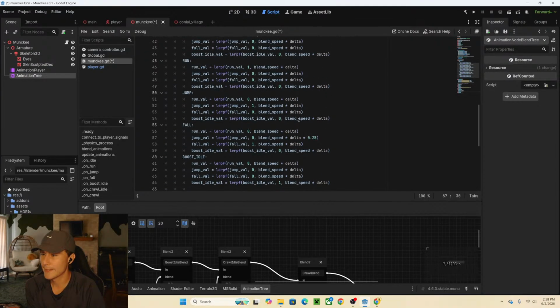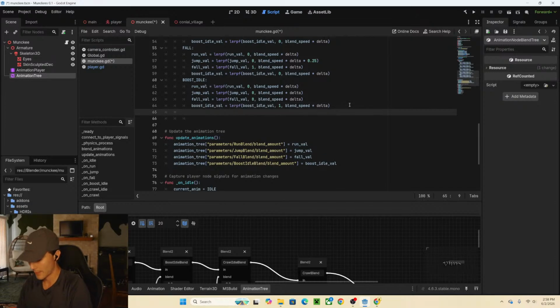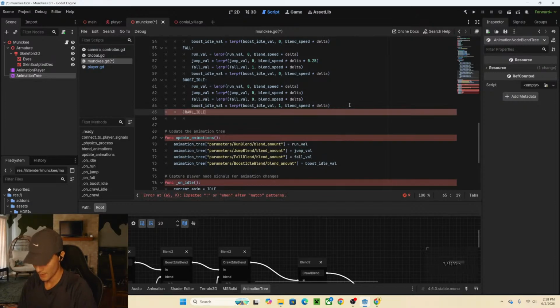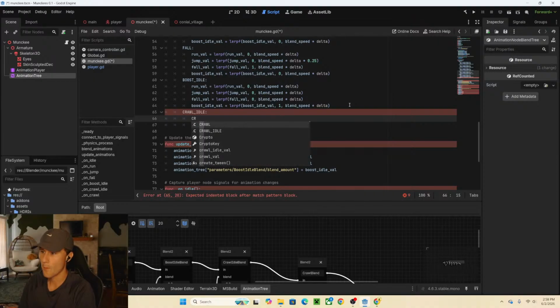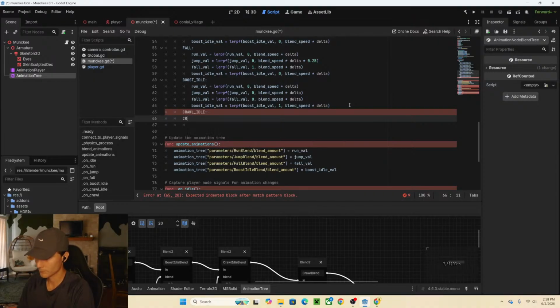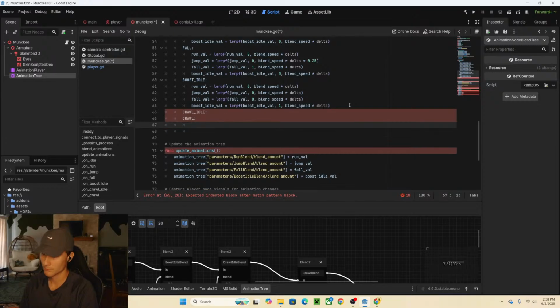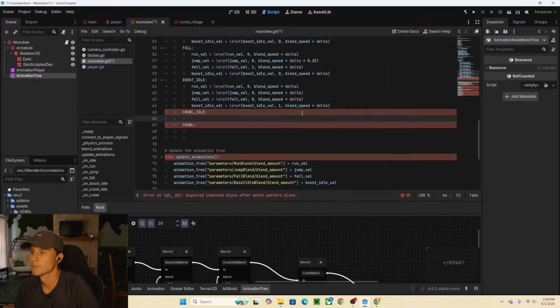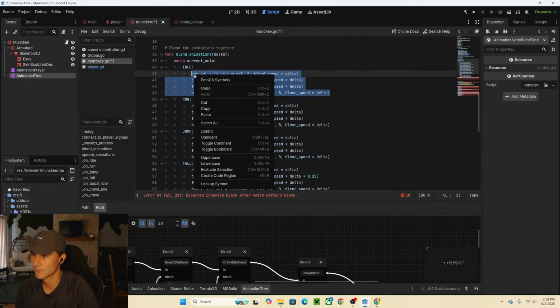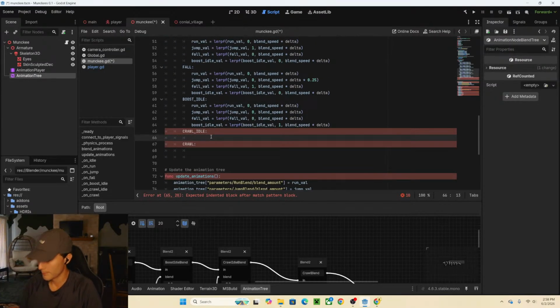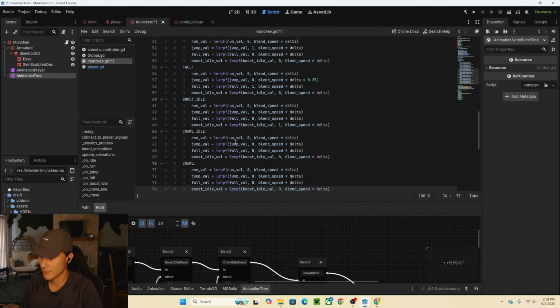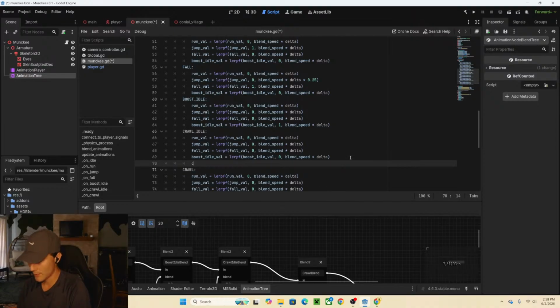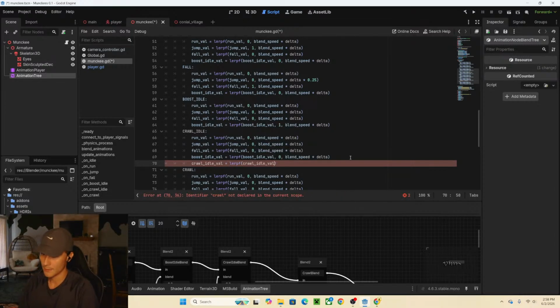Next is blending the animations. So we need to add crawl idle, and we need to add crawl. Let's copy all this. Copy, paste, paste, and we need a crawl idle val to be lerp f from crawl idle val to 1 blend speed